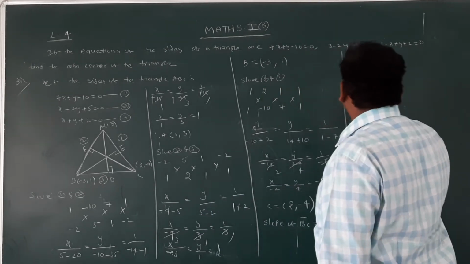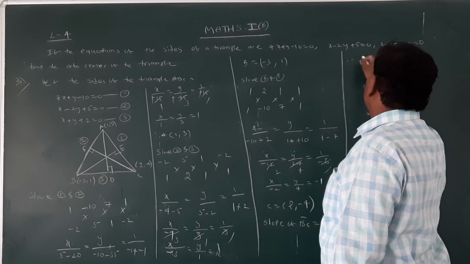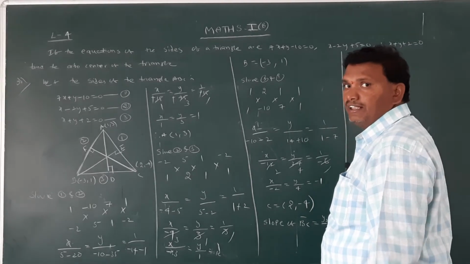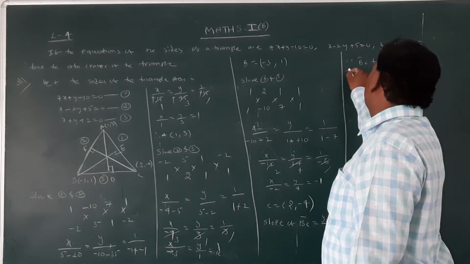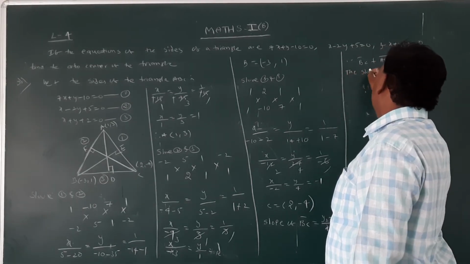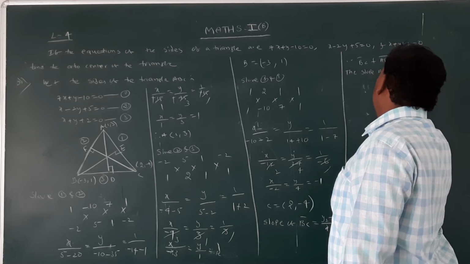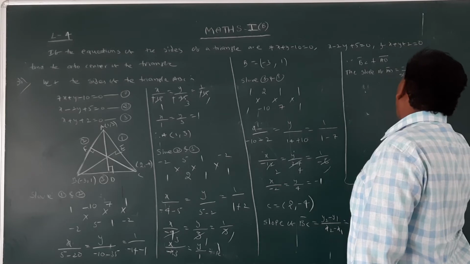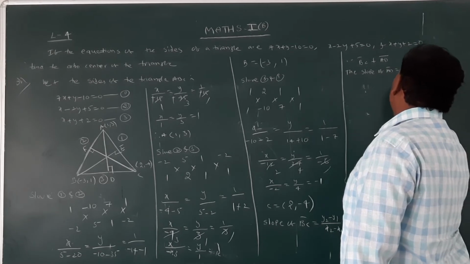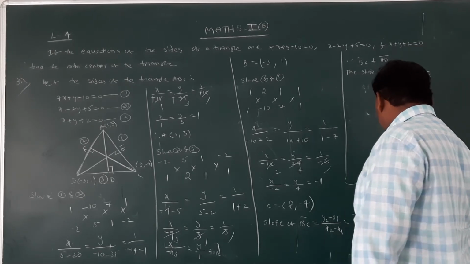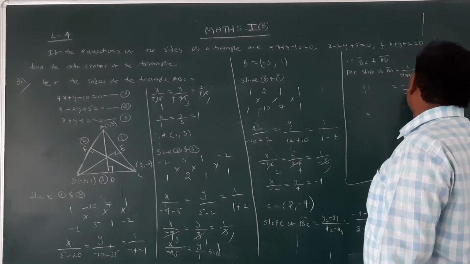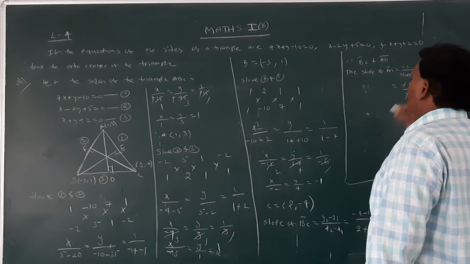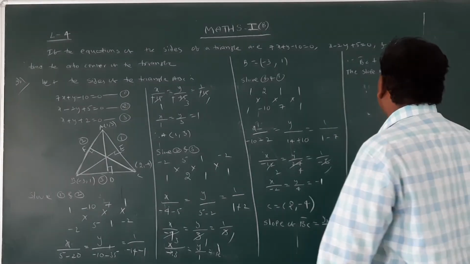Next, since BC is perpendicular to AD, the slope of AD is equal to minus 1 by slope of BC. What is the slope of BC? Minus 1. Minus minus cancel, we get slope of AD is equal to 1. Next,